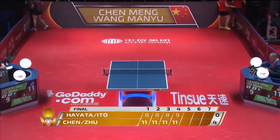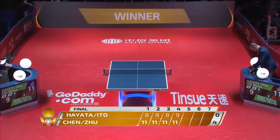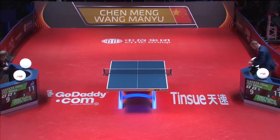There is only one team in the world that has seemed to be unbeatable for the longest time, and it is Team China. So Chun Meng